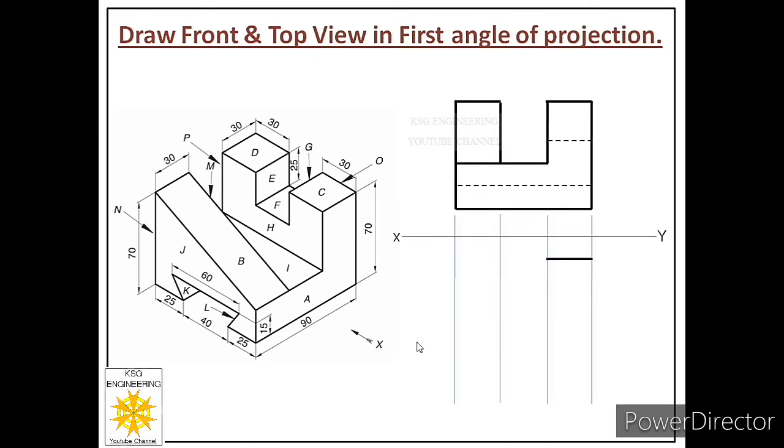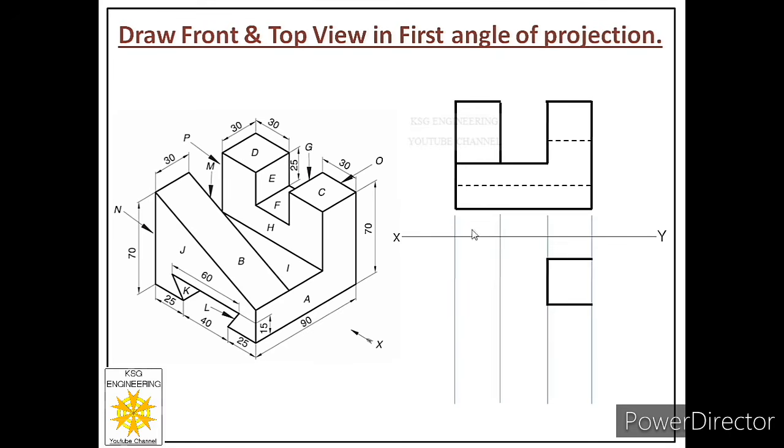Why is this the width? Because the direction is this. So when we look from the top, this will be the width for us. So the width is again 30. So from this point, sketch its width of 30 millimeters. We have reached this point, then sketch its length of 30 again.